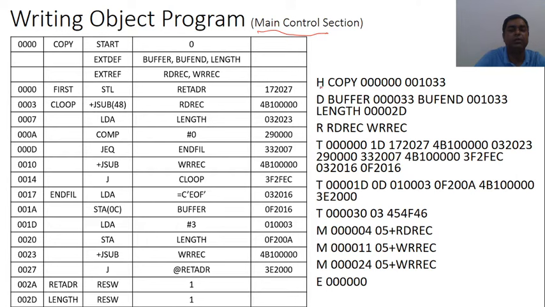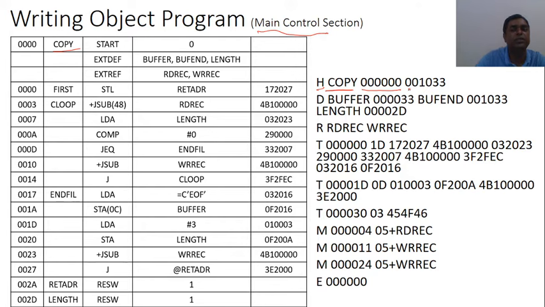In the header record, the first column is H, then the name of the control section. This is our main program, so what will be the name of this control section? That is COPY. Then the starting address of the program, that is 0, so 000000.